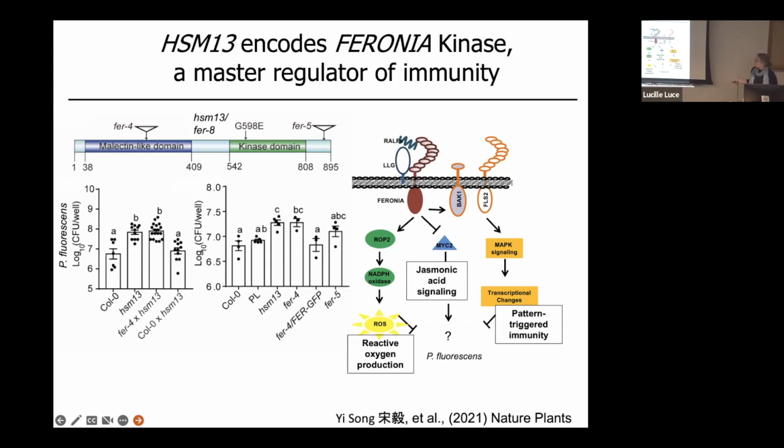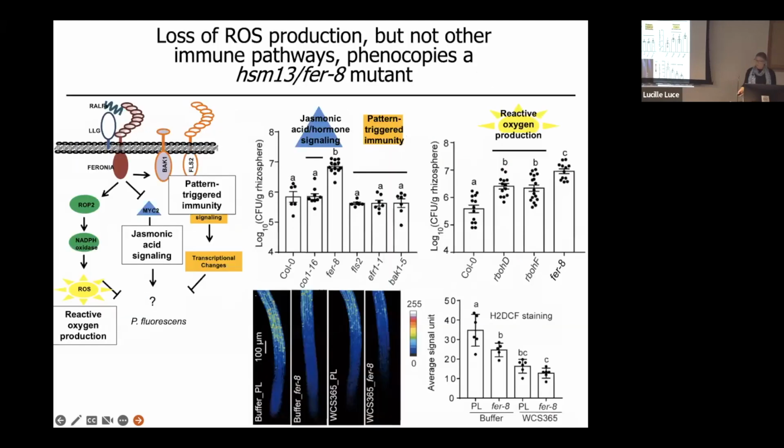And then it also regulates basal levels of ROS in roots. So this is reactive oxygen that's just involved in normal growth and development. It's not your ROS burst, inducible ROS. It's just ROS that's signaling and involved in things like cross-linking cell walls. And so we thought that reactive oxygen regulation could also be normally inhibiting Pseudomonas. And so we tested mutants in all of these pathways